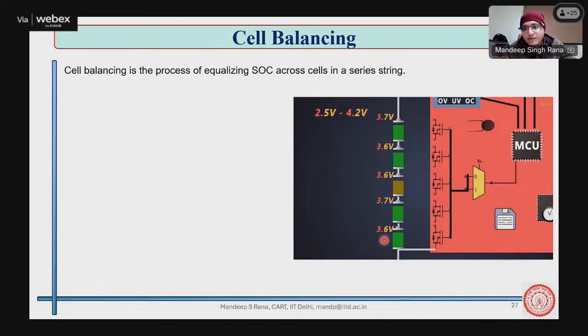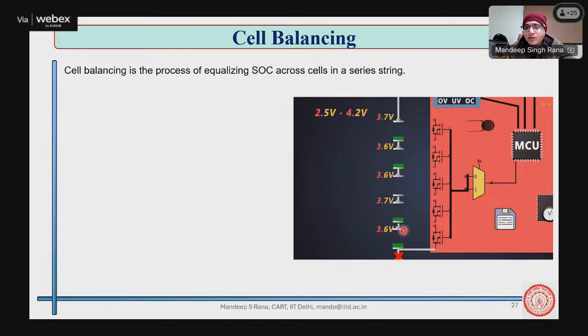For example, you have various cells available with you. What happens is that during charging, if one of the cells is getting charged fast or discharged fast, then it limits the charging of the whole pack. So basically, let's say you are discharging and one of the cells is getting discharged,